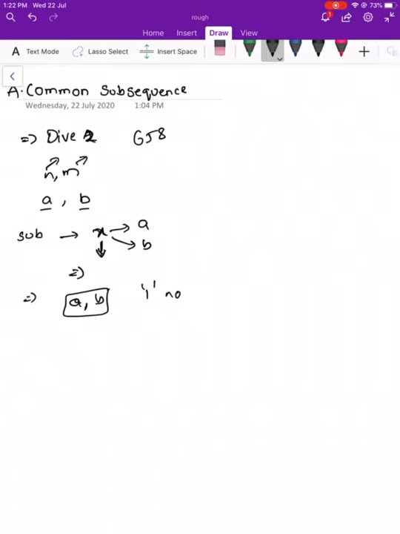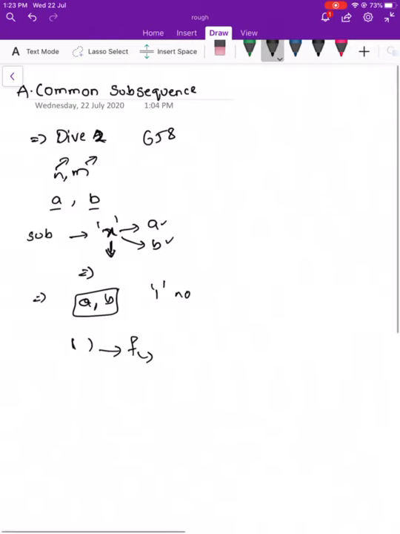sequence A and B. We have to find a subsequence x which is common to both sequence A and B, and we have to find the smallest such subsequence. Let us say the common subsequence has length f. Then we know that if you take even one letter from it, that will also be common to both A and B, because the complete string of length f is common to both A and B. It implies that every letter in it is common to both A and B.